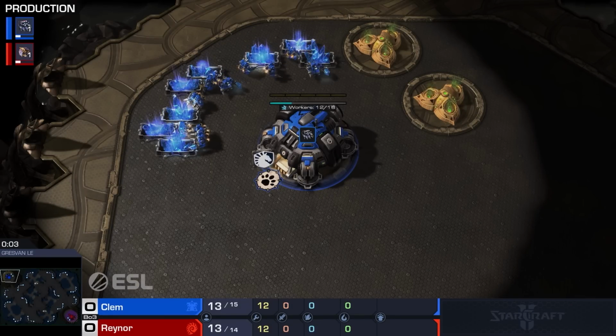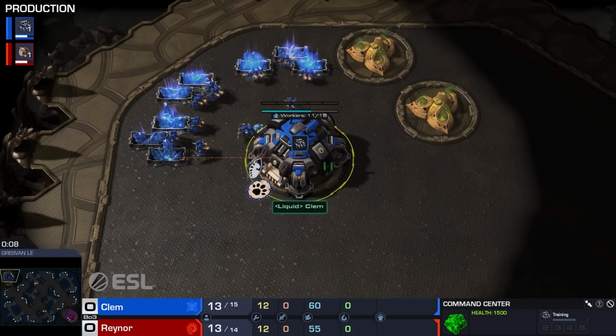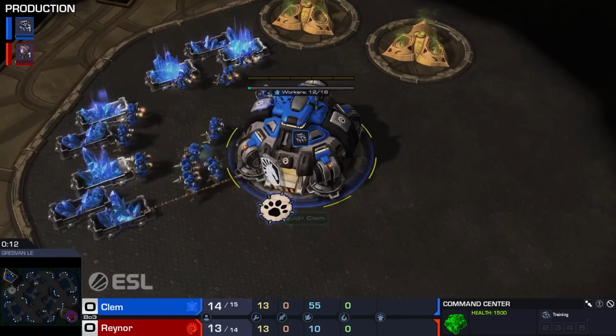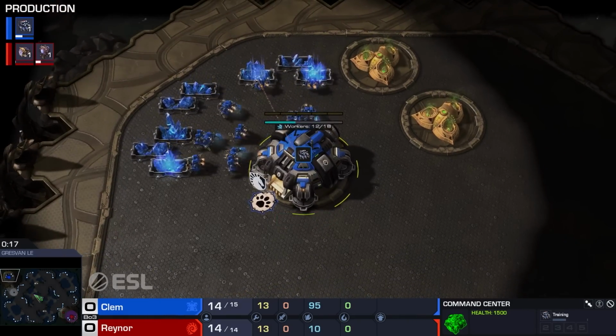All right, here we go. Spawning up in the top left for Team Liquid. Oh, Sen got a very early SCV. He usually doesn't do this. It is Clem. Malem. He's going to be going for...